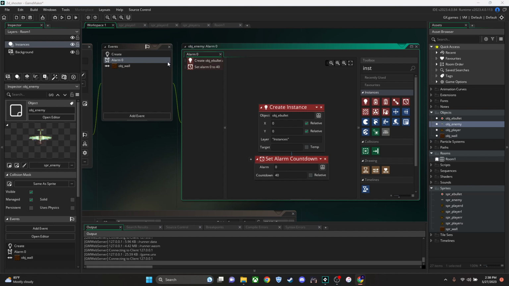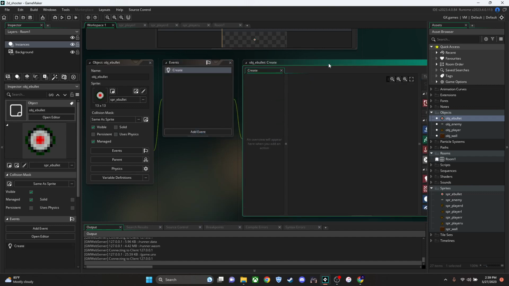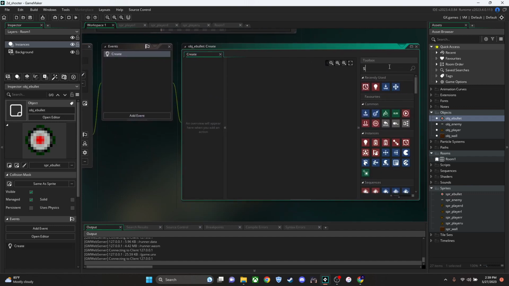So right now, once that 40 frames go, this instance is gonna be created. Okay, but it's not gonna shoot towards the player. It's only gonna keep creating those instances every 40 frames. Now, once that instance is created, we want to tell that instance, okay, go travel to the player, right? So let's open up the object eBullet, add event, create,